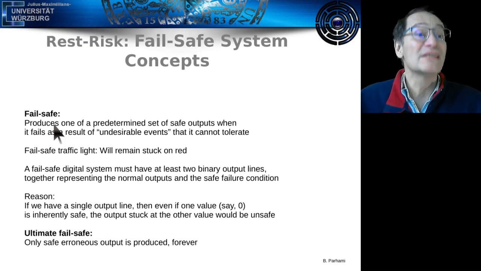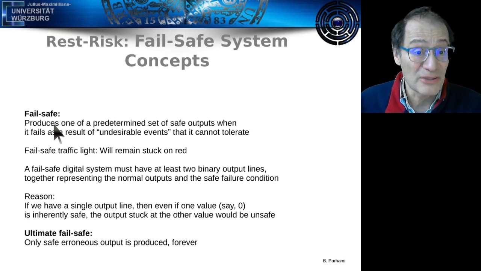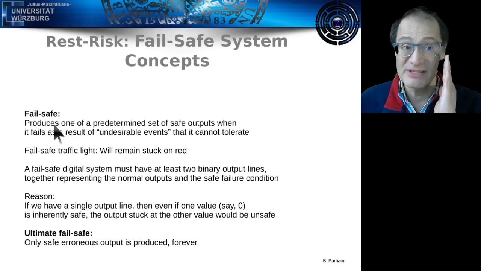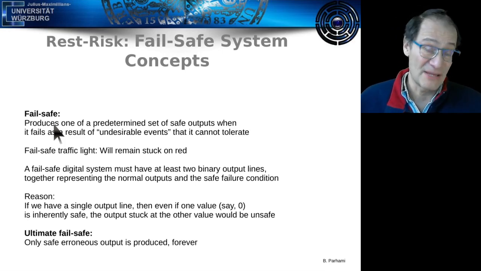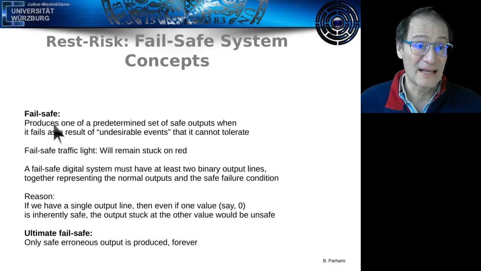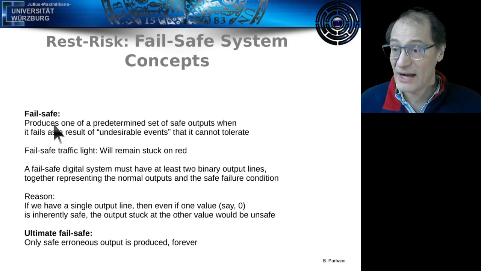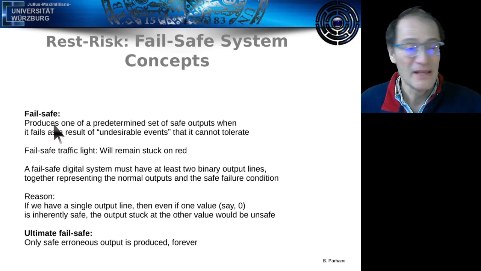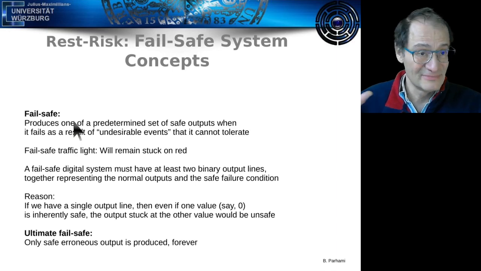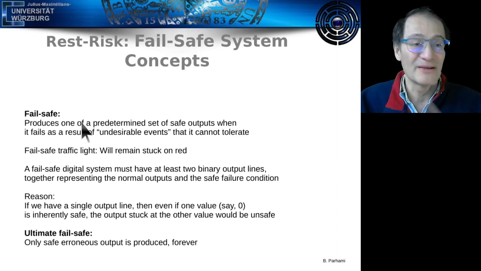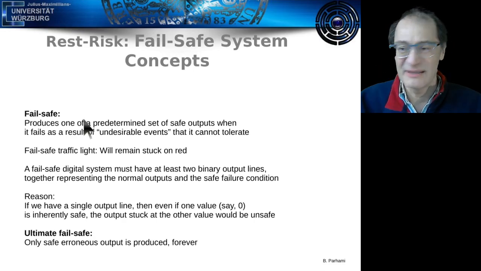Do not try to produce the normal services or the normal data, but produce something which is safe to stop the system. For example, reduce the speed until the car stops, or in the case of an atom reactor, turn everything off to avoid a nuclear accident. So fail safe, forget the normal service. You have to provide something which is not what you expect, but doesn't